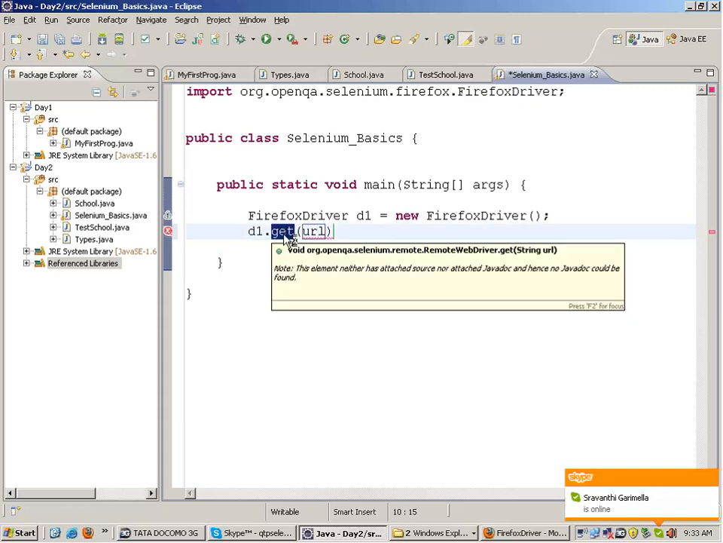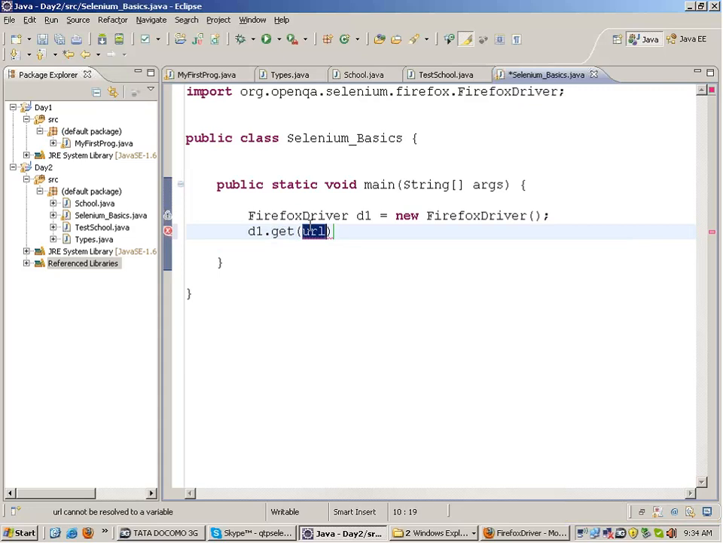Get is used to navigate. If somebody has studied QTP, then we write navigate, right? Similarly, the corresponding command out here is get, and you give the URL. Now while giving the URL, it is mandatory in Java to specify the protocol. If I have to navigate to the site google.com, I cannot just give the site like this. I get an error. In Selenium, you need to give the protocol, that is HTTP